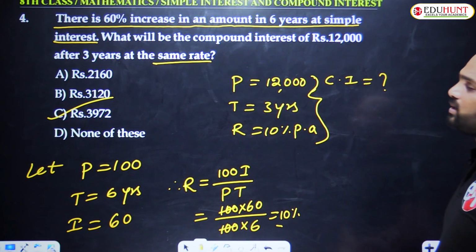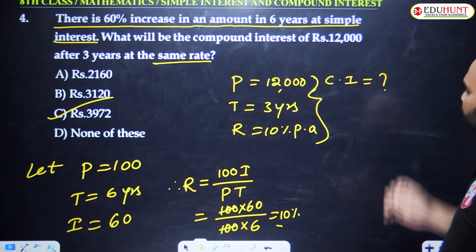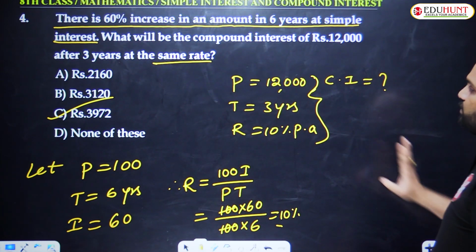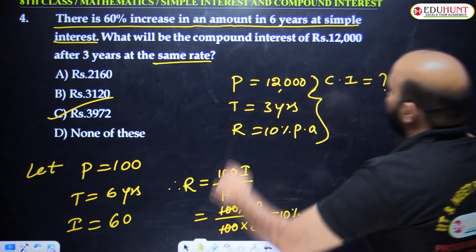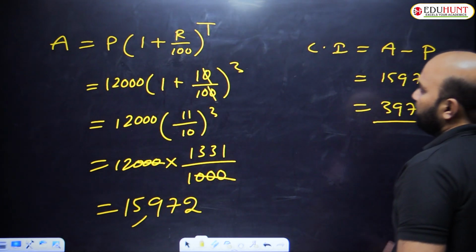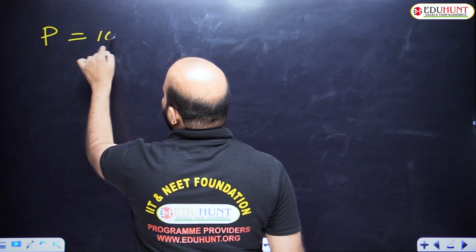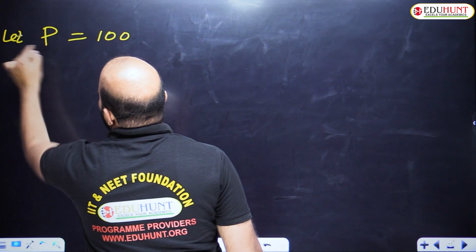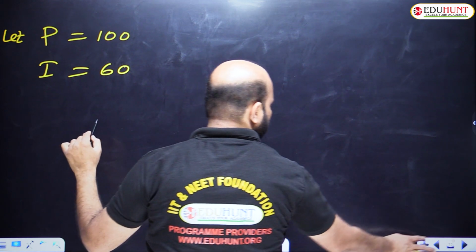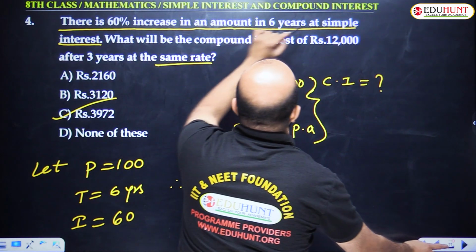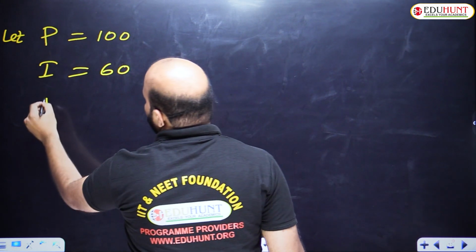Actually this is a traditional method. So how we are going to calculate the shortcut? By using the shortcut, how to calculate the compound interest? So in that question clearly we need to notice that. You don't know principal, initial principal, let us consider as 100. So interest how much getting? Interest 60 rupee. In how many years? Already mentioned, in 6 years as per the simple interest concept.